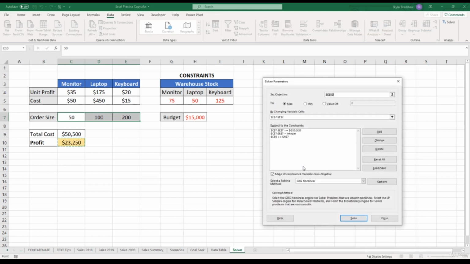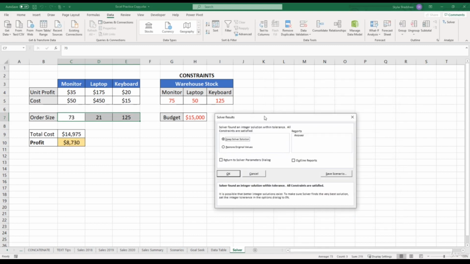Now we have all three constraints. And if we click Solve, it says that Solver has found a solution. And the best way to maximize our profit, staying within the warehouse stock and our budget constraint, we need to order 73 monitors, 21 laptops, and 125 keyboards. And this makes our cost